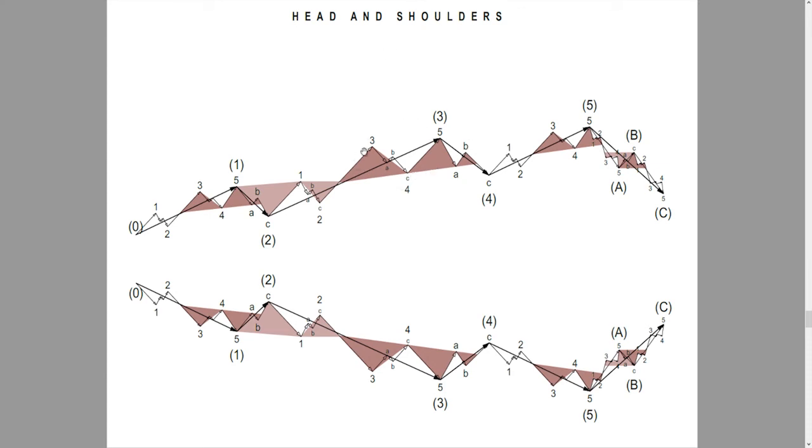When you get a wave 3 of, like in this case, a wave 3 of 3 and 5 of 3 that have similar levels, and then you get a correction and you're going to enter on the break of the neckline, you really don't have a lot of room to make a good trade out of this. So being aware of where the head and shoulders is happening